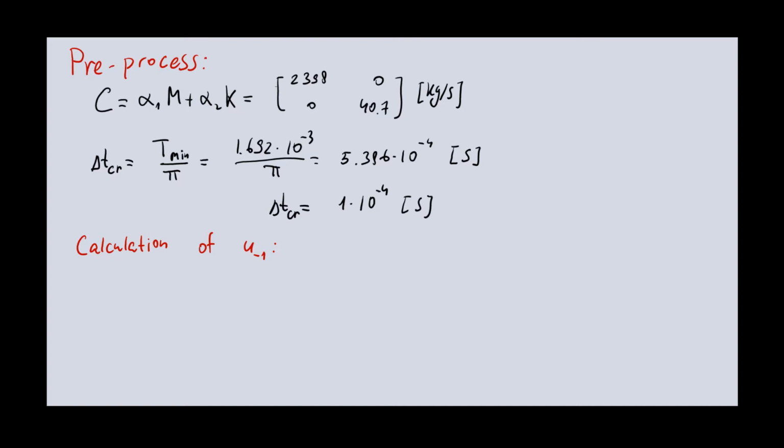So first we calculate the initial displacement for the given load in a static calculation. U0 will be inverse of stiffness matrix times load F. So inserting K, inserting F, we obtain